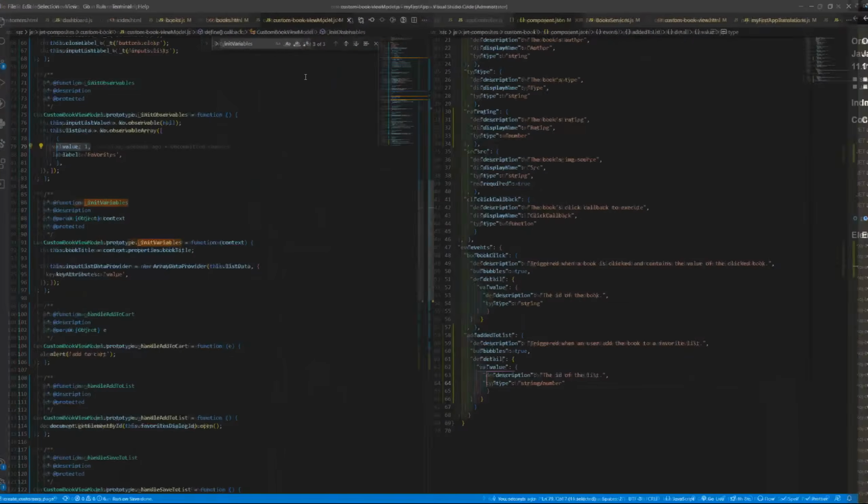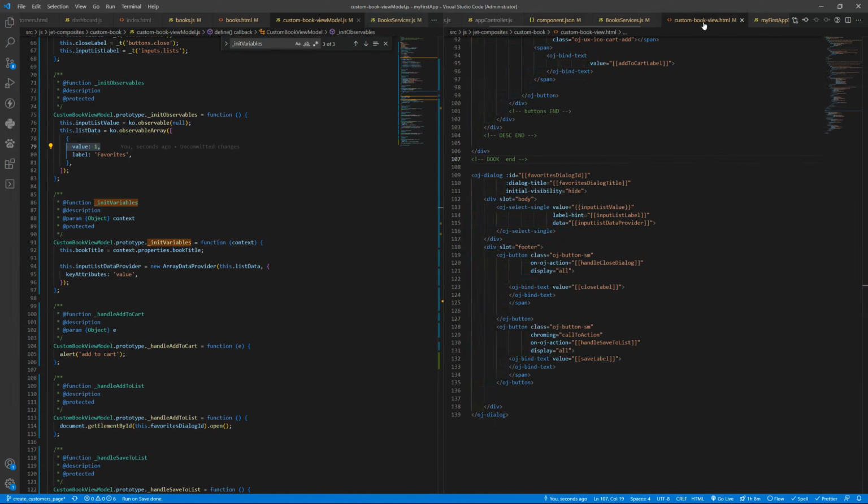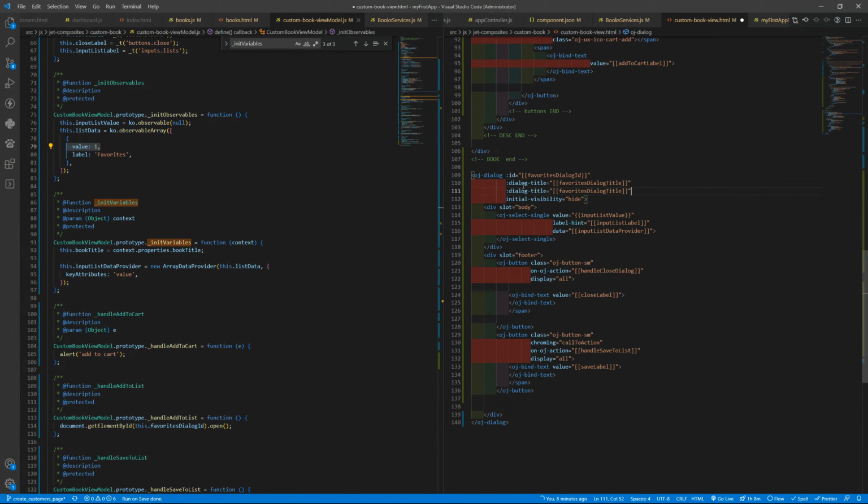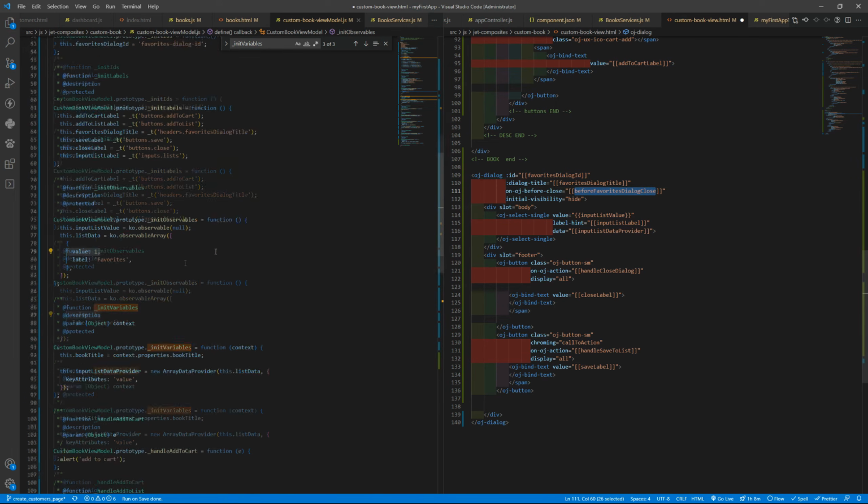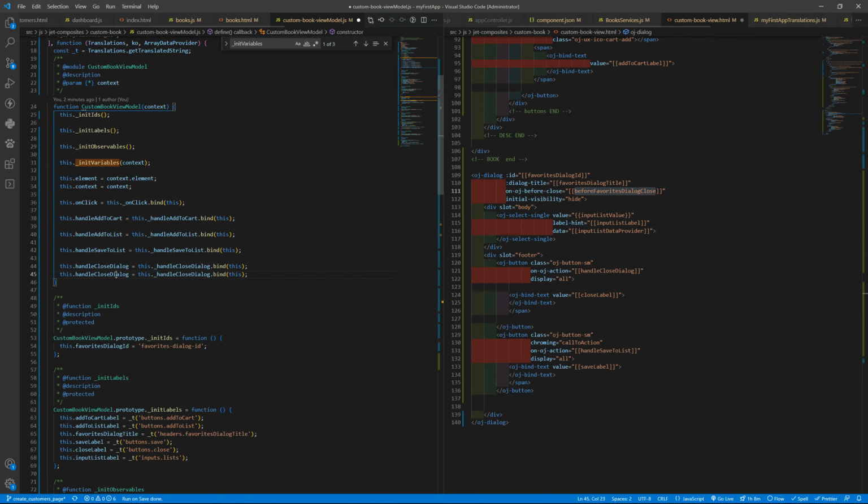So it's the OJ before close, and the dialog is here. Let's put the OJ on OJ before close, before favorites dialog close. In here we can bind that to a function,